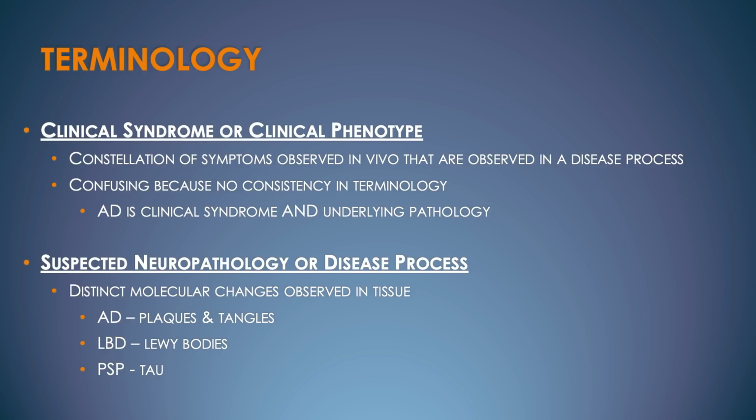I want to make sure that you understand the difference between a clinical syndrome and the suspected neuropathology, or the disease process, because they're not always the same. When we talk about a clinical syndrome, we're talking about a constellation of symptoms. So a patient comes into the room, what do I see? What symptoms are they describing? What am I seeing on examination? And what am I seeing on the testing? Those symptoms a lot of times will hang together,